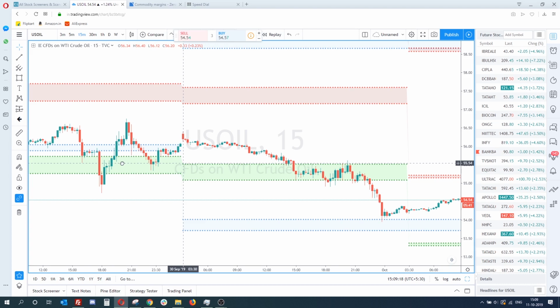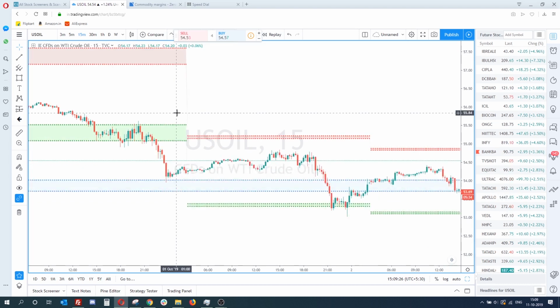Also, please don't trade on Wednesday when the inventory results are out. Between 8 and 8:30, please don't trade because the market is manipulated. It doesn't move as per the result. You can go to the investing.com website and see the inventory data results there. There is a strategy also, as per the YouTube gurus, but please don't follow it because it never goes as per the result.